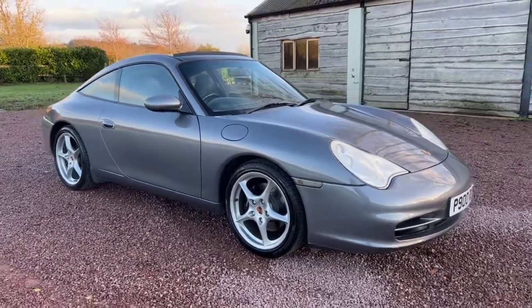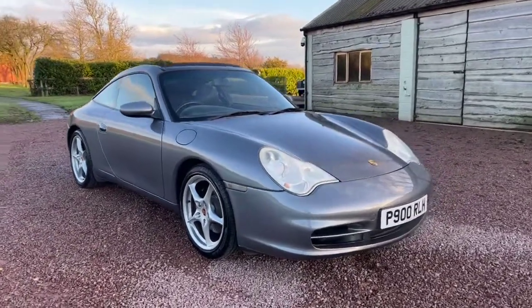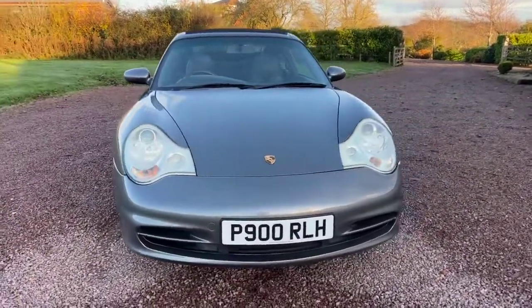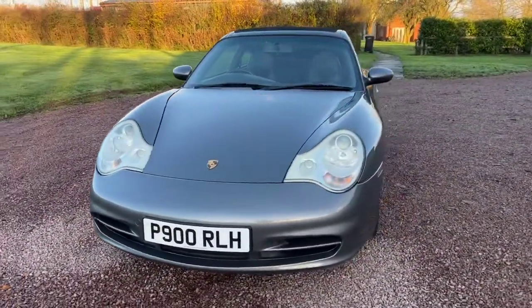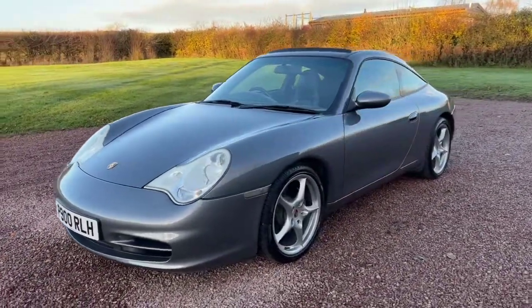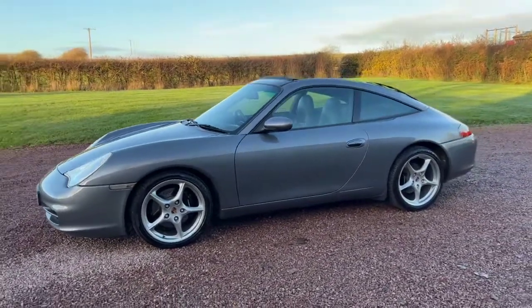Hello, today we have this 911 996 2004, done 34,000 miles. Back in 2017 it belonged to a good friend of ours, Robert, and he was standing still at an island